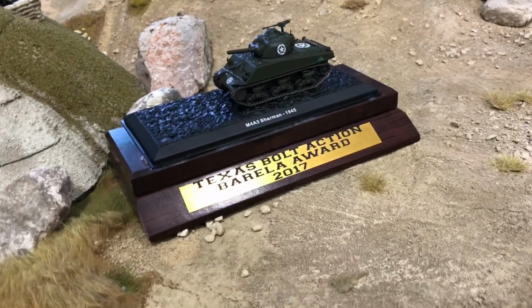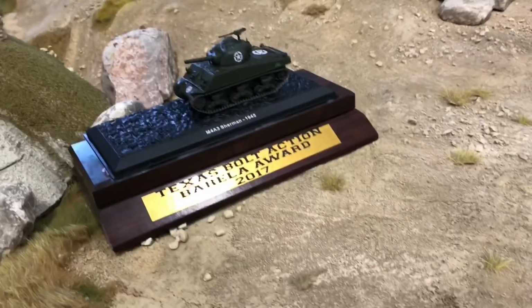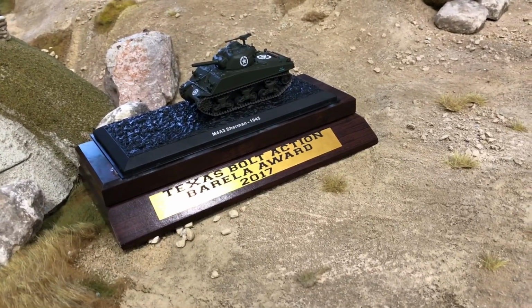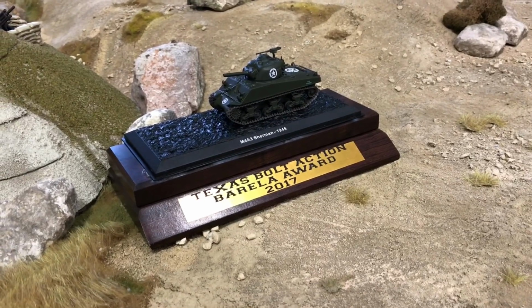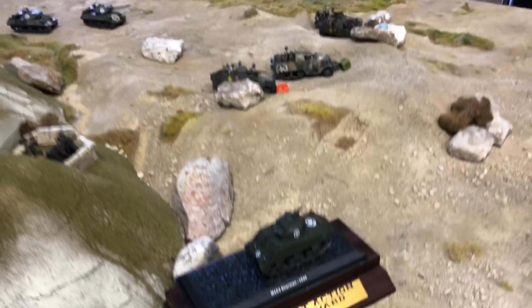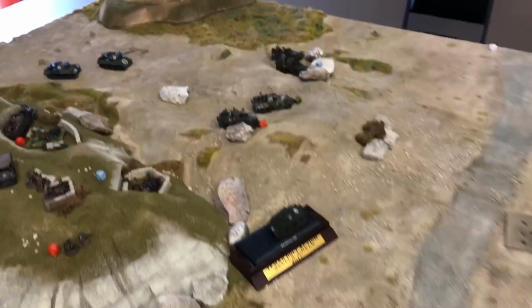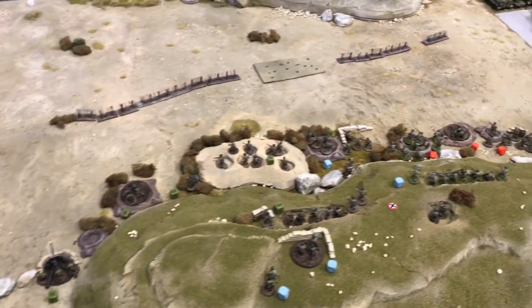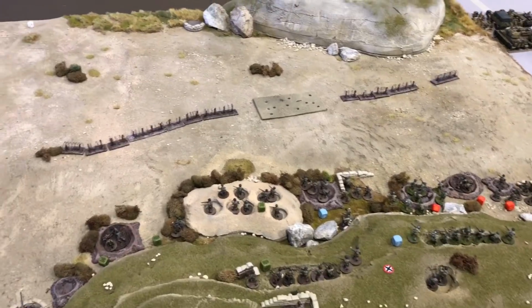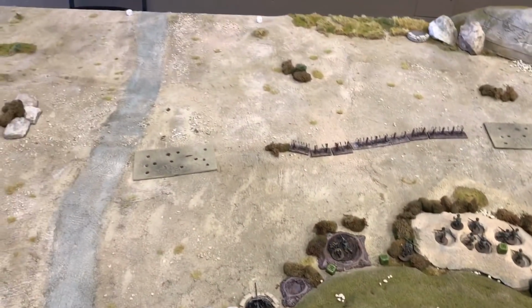I'm here today for an extremely special battle. I know that I've been hyping it, I've been talking about it, and it's going to be happening a little bit later today. But we are going to be doing the Battle of El Guettar on this beautiful 6x12 mat. The mat was made by Dave Skibicki. I made the mountains. The Germans are going to be pushing down that road to try and eliminate the Americans